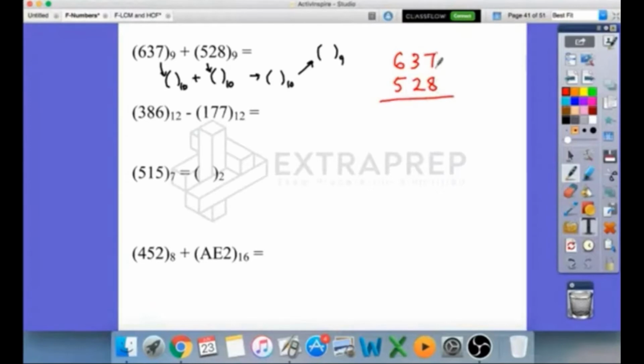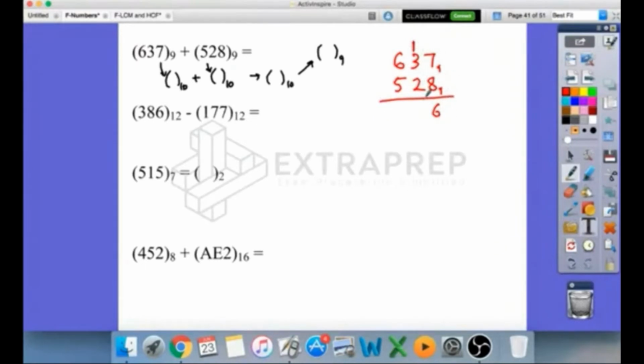Generally, when you add 7 and 8, you get 15. And when you're adding in base 10, you take 10 as carry and you write the remaining 5 here. But since this is base 9 calculation, once you add 7 plus 8, 15, you take 9. There's one 9, right? That one will go as carry. So 9 has gone as carry. So out of 15, 9 went away. How much is left? 6. Out of 15, if 9 goes away, 9 is gone as carry and you have 6 left.